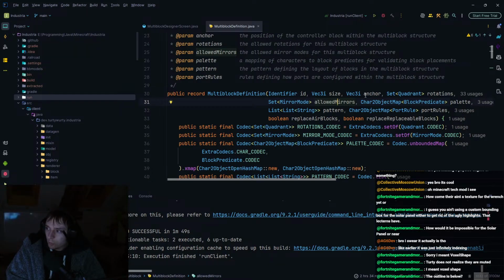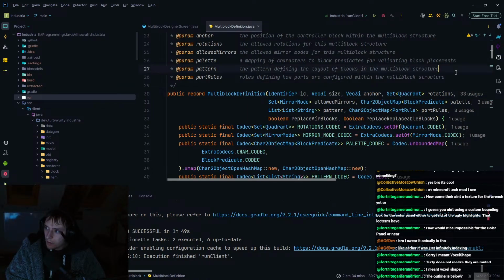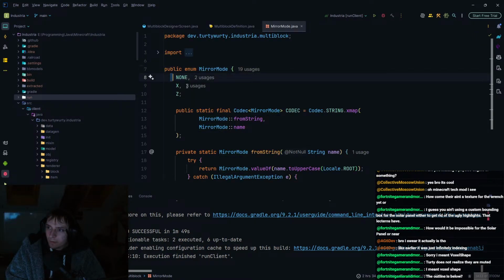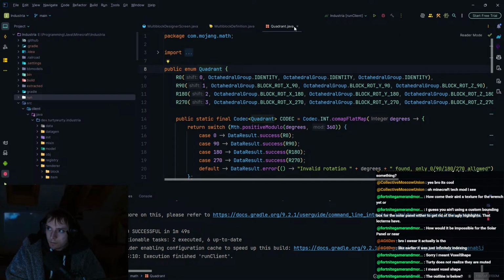Now we have support for the size, because that's just handled. Anchor is something we have to be able to change, but I think that's going to be done within that visual UI space. So we'll just have to manually move the anchor. I think that's fine. Then we have rotations and mirror modes. So these are both enums, I believe. Yes. So we have to be able to set basically the allowed ones,